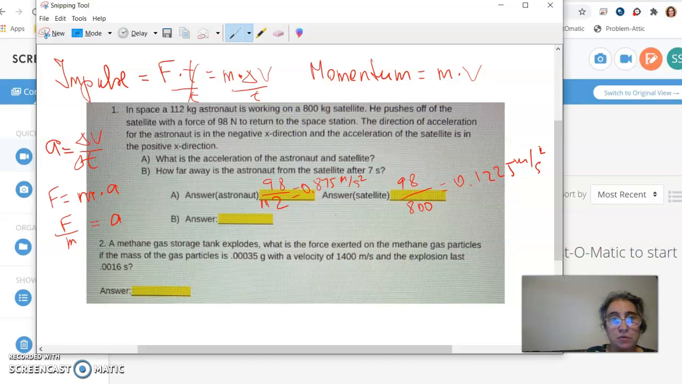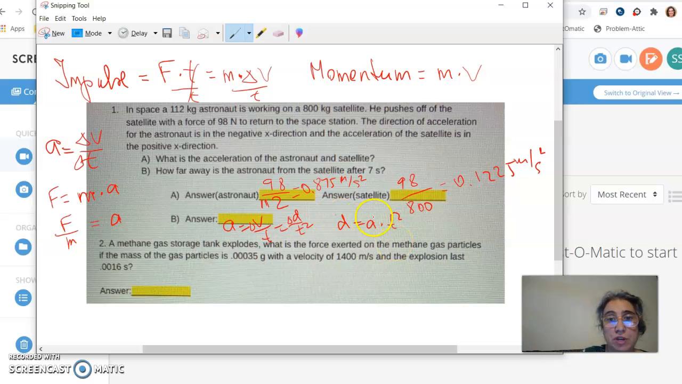For the B part, well, how far away is the astronaut? Obviously, you're going to have to apply the formula for the acceleration, and you need to find the velocity first, and then you can find the distance. So the acceleration being the velocity over time, velocity again is the difference in the distance over time. Obviously, my bad, the time squared. You have to multiply with the time squared both sides,